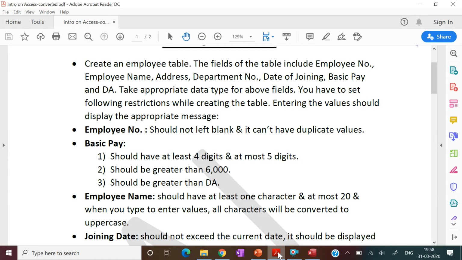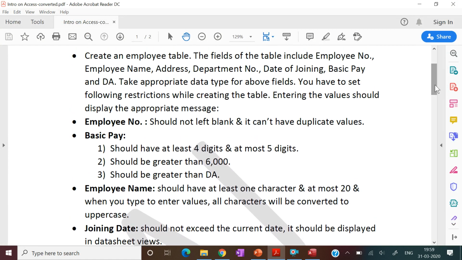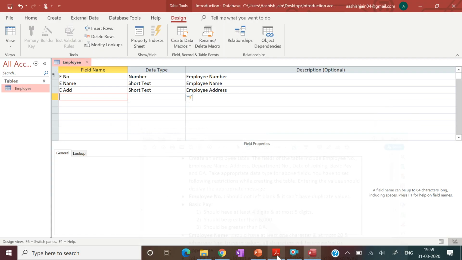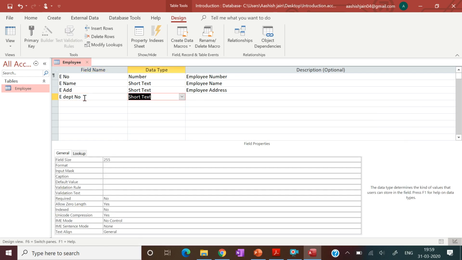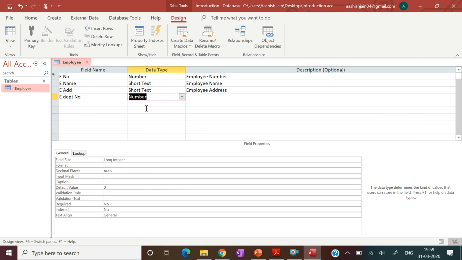Next field is department number, and there is no further information for department number, so we will put here e department number, that should be in number.